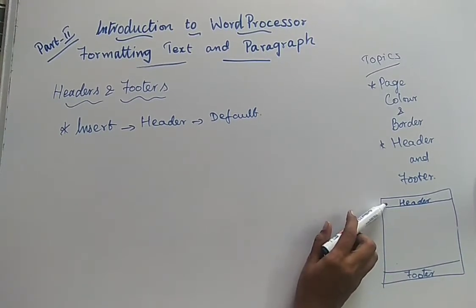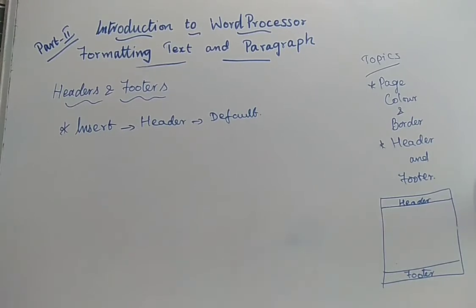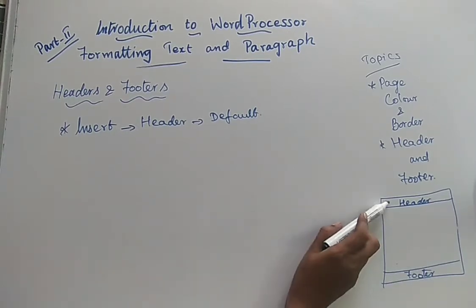In this header area, what do you have to do? Yes, you have to type the text that is to be repeated. So here only you have to type the text. This text will be displayed on the continuous pages. If you are going to have 10 pages, so in those 10 pages, what header you are going to type here will be displayed continuously.